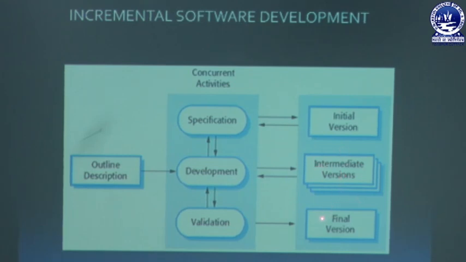Next, in the final case, we have developed the examination, that is the final version. When we deliver the final version to the college, it includes the first increment, admission, the second increment, lesson plan, the third increment, attendance, and the final increment, examination. After delivering the final version to the college, we now get a good software, the college management software. So that is the incremental model.